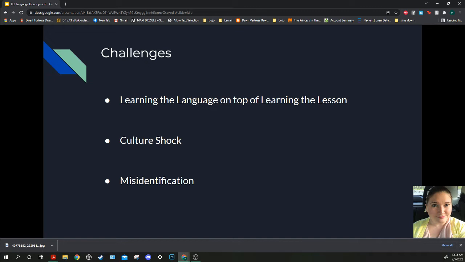Of course, there's also misidentification. Students struggling may not be properly identified. Teachers of the school may think it's a lack of English language skills when it could really be learning and thinking differences. Or just as often, they make the opposite mistake. They may think the student has learning and thinking differences when they just don't have English language skills. Younger students tend to be underdiagnosed with learning and thinking differences, while older students tend to be overdiagnosed.